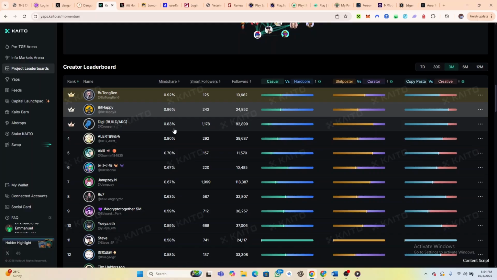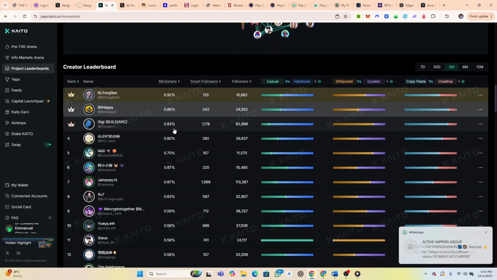So you see, it's a very important metric, not just mindshare. Mindshare is a metric on its own. Smart follower is a metric on its own. One of the importance of smart followers is that they boost credibility.